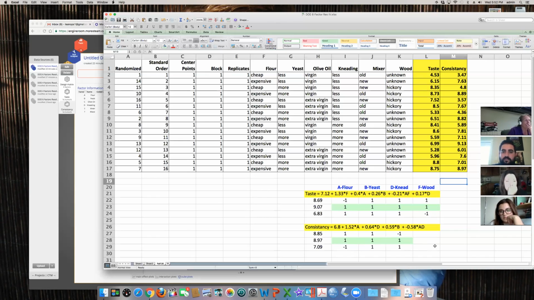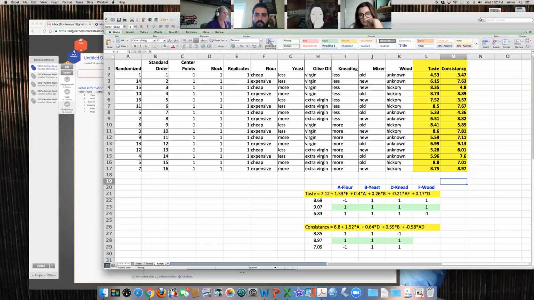But in this result, we don't have to. Okay, so that is it for walking through the design of experiments on the